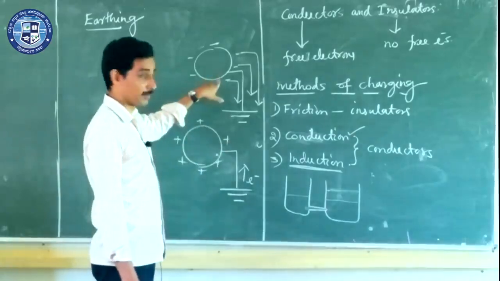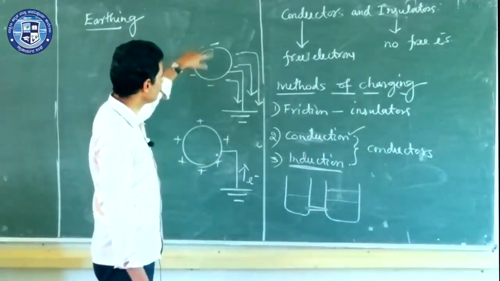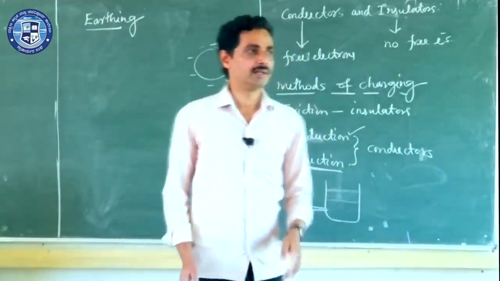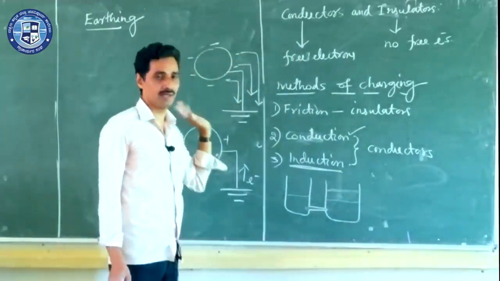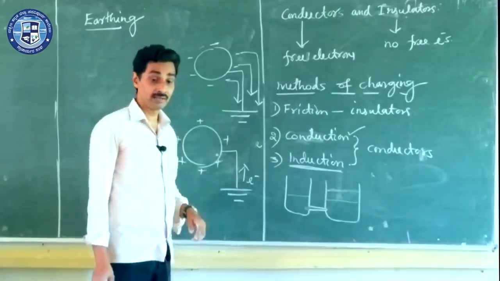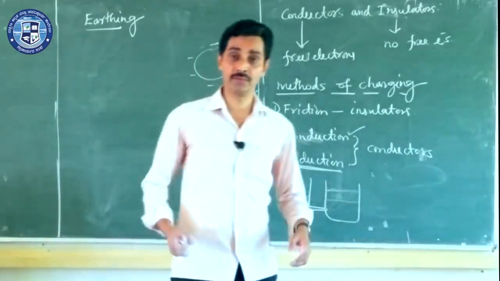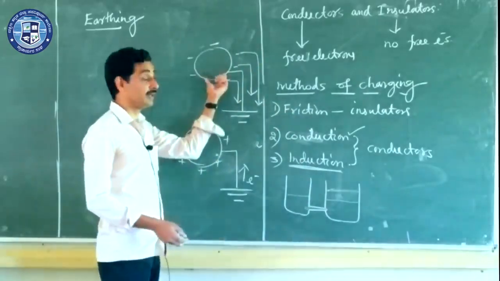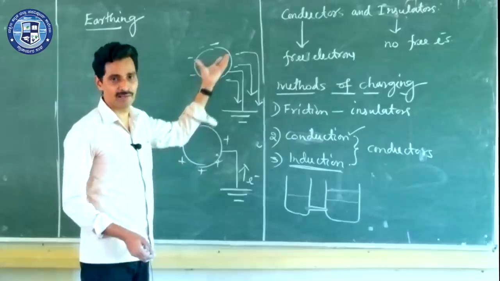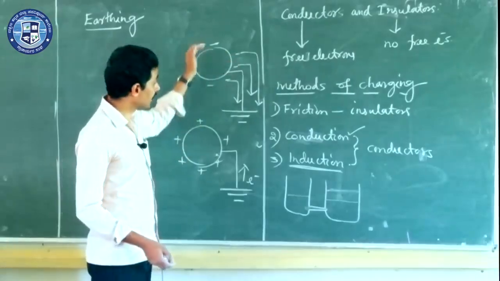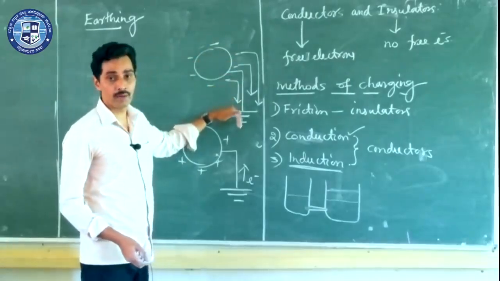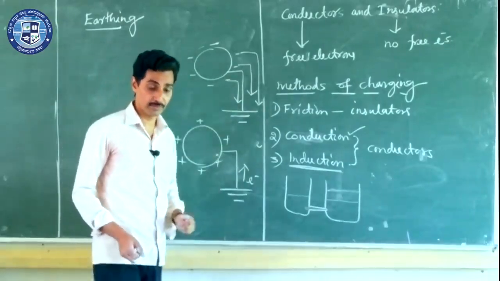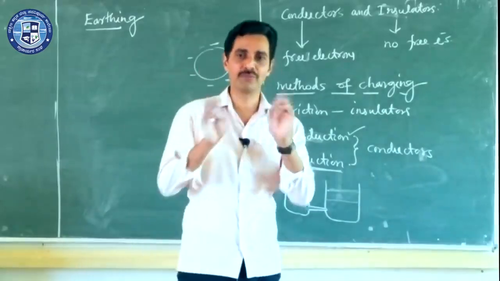Sir, for example here, electrons flow from body to the Earth. Till what instant will it happen? Till all the excess electrons reach the Earth. Sir, won't the Earth attract some more extra electrons from the metal? Suppose there are 100 excess electrons. After those 100 electrons move to the ground, won't some extra electrons move to the ground? No, that is not possible. Once the equilibrium is reached, the flow stops.